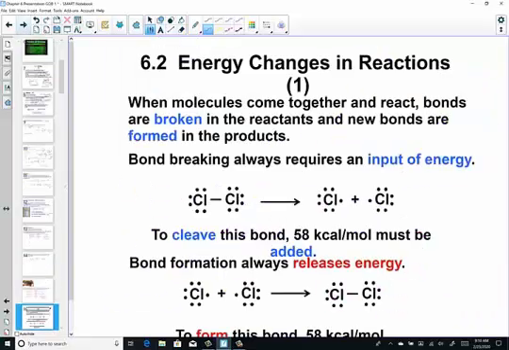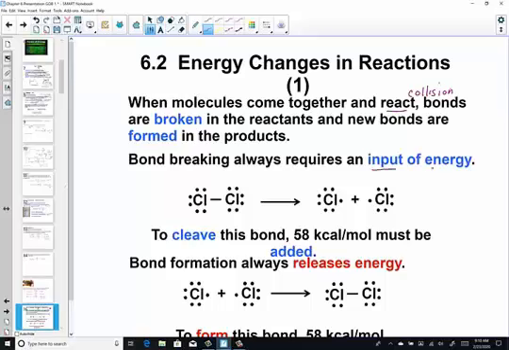Good work. And as we consider energy changes in reactions, we think about, what is chemistry? How do these molecules come together and reactants go to form products? Well, the heart of that answer is understanding when molecules come together and react, there's a collision. When I say a collision, you have to think about literally 2 molecules that are in motion must collide with one another to break bonds, or they must come into contact with each other to form new bonds. And that's the heart of a chemical change. Bonds are broken in the reactants, and new bonds are forming in the products.